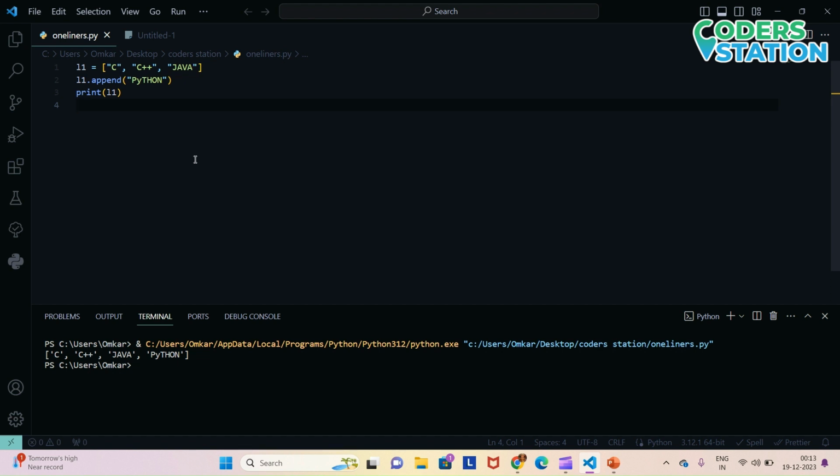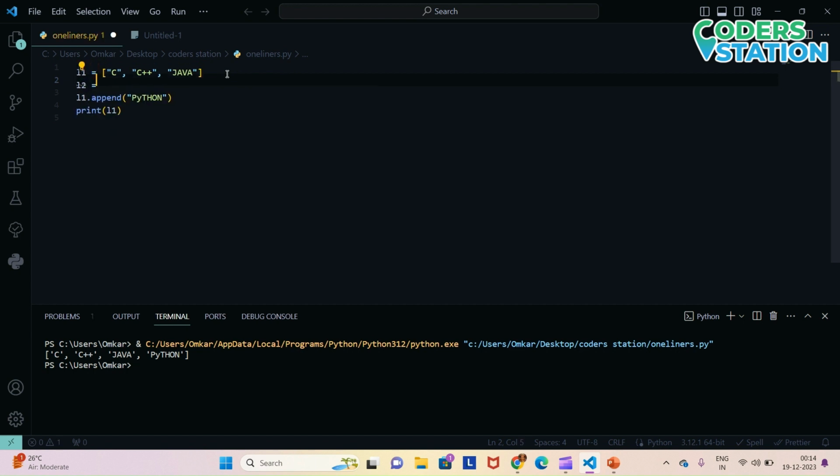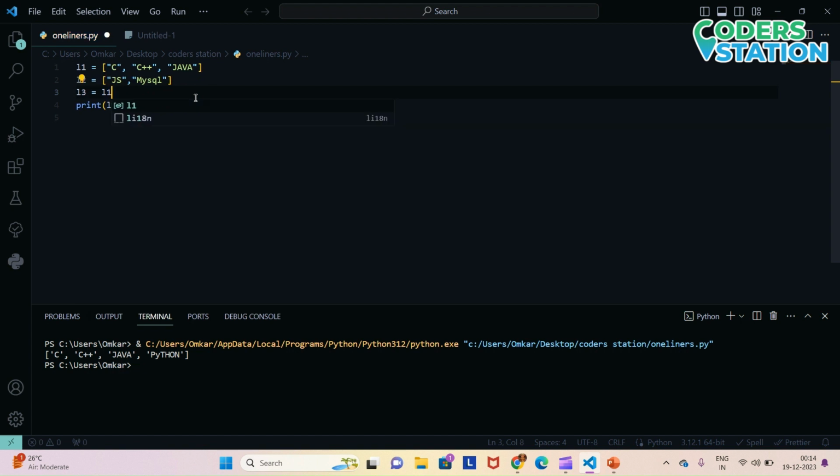Now, what if you have created two lists and you want to join both of them? So here we have two ways to do this, which is called concatenation. So I'll create a list called L2, and in that I'll store the languages like JavaScript, MySQL, and we will make another list called L3, and then we will simply write L1 plus L2, and then we